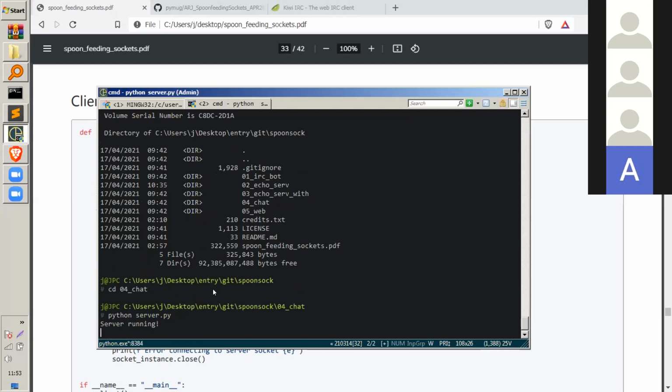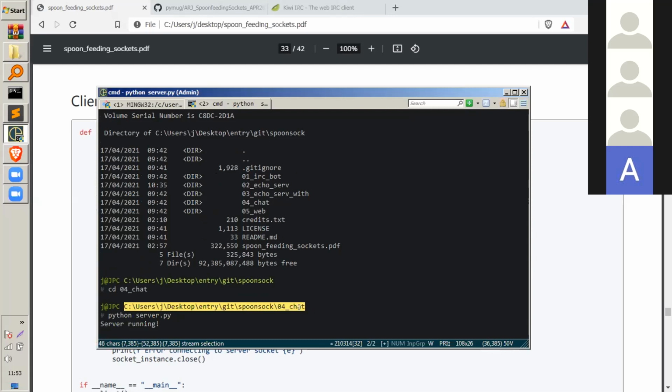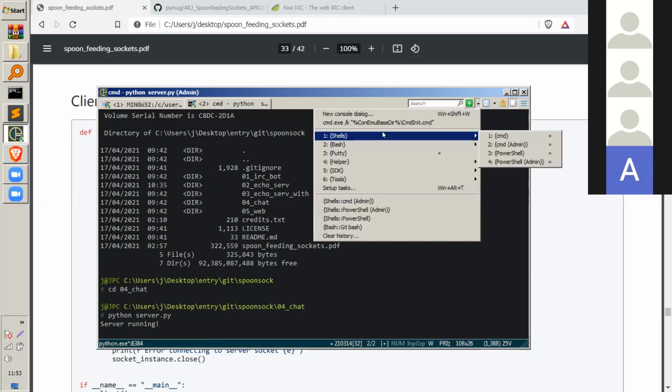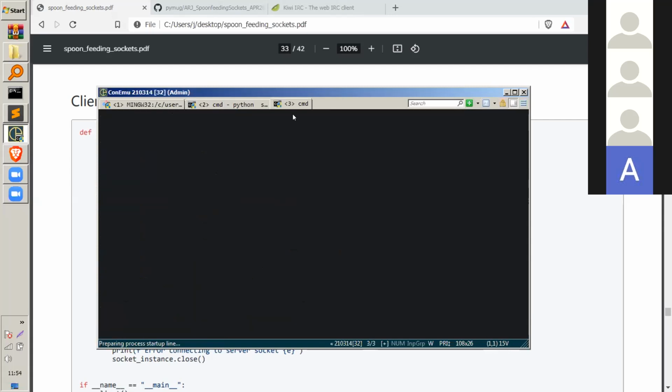Okay, the server is running. So let us run the client.